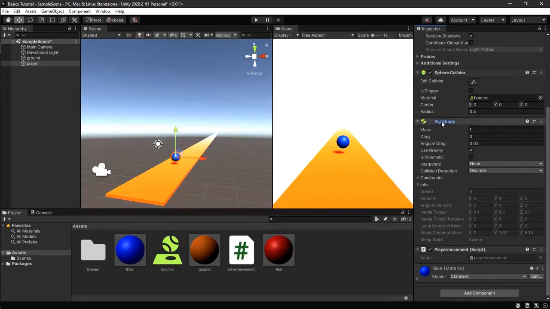And how do we reference this Rigidbody in our script? Like, reference is too much. How do we recognize the Rigidbody in our script? How do we control the Rigidbody of the player? How do we control the physics of the player from our code? So we go to our code